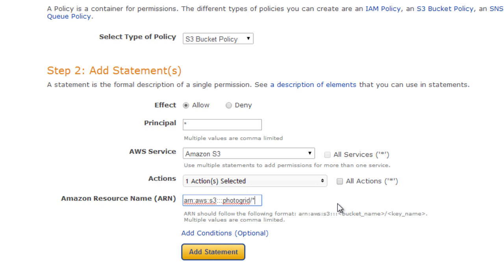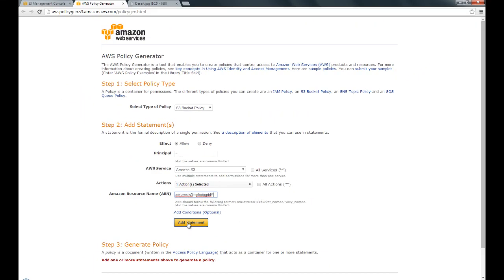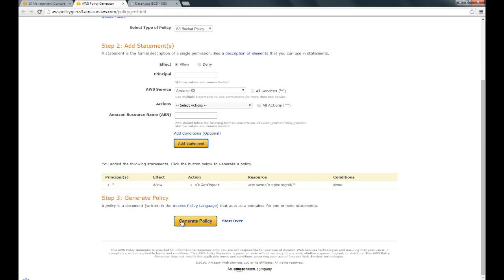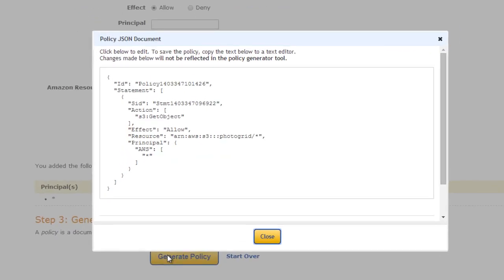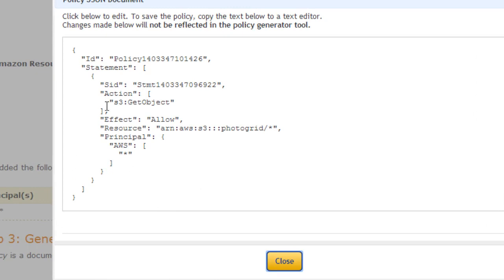What this says is that we are assigning this policy which allows anyone on the internet to get the files, or to see the files, that we have in this bucket. That's it. You click on add statement and then you click on generate policy. When you click on generate policy, it generates this policy for you, and you can see here that the action defines the permissions that we have granted to this user. That's the S3 get object, that is, it will allow us to see the objects that we have within the S3 bucket, and that's the resource for which we have generated this policy.